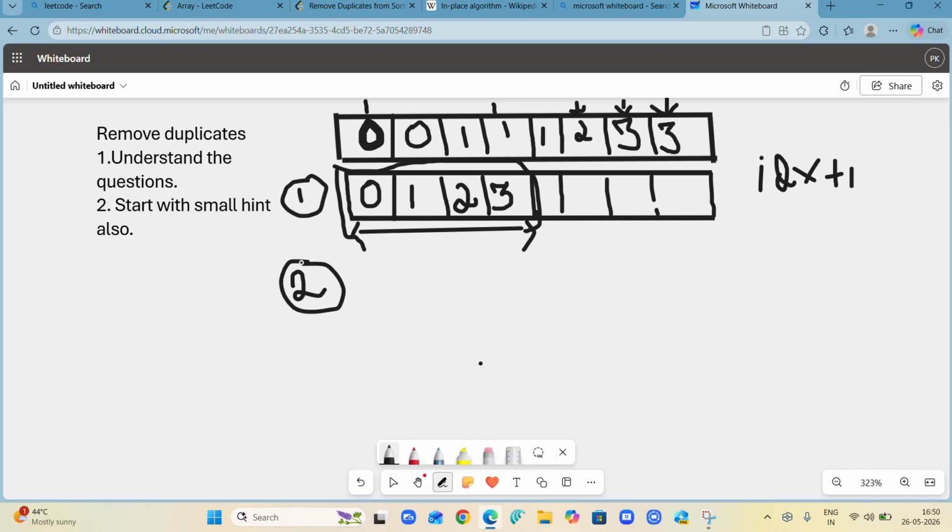And one more approach came in my mind. Have you heard about the set? And guys, in VS Code only, you do one thing. The approach which I have told, iterating for i equals 0 and all, you run it in VS Code only, okay? Because it's very important for you. Suppose you are not getting how to write code for it even after knowing the solution, it's a huge shame for you. Honestly speaking, it's a shame.